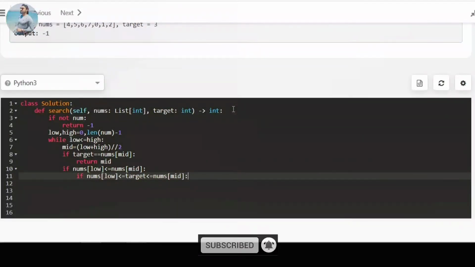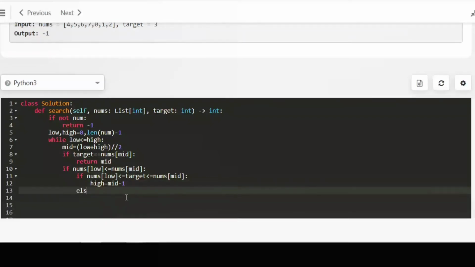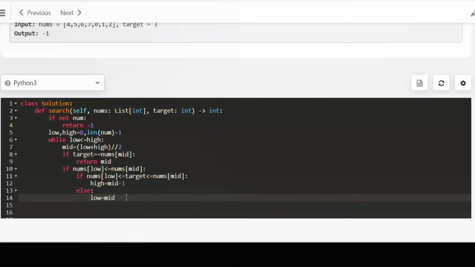If yes, then we will shift our high pointer to mid minus 1. Means target is present within this left part of this mid. Our high is mid minus 1. Else, if target is not in this left part, then our target is present in the right part.